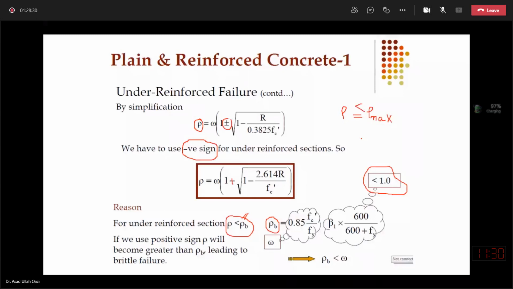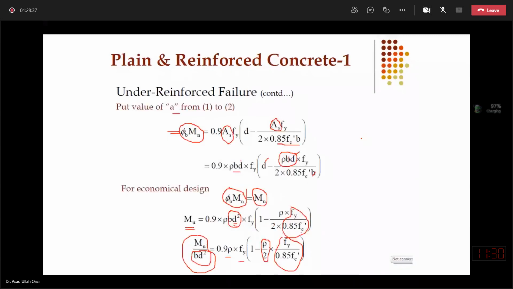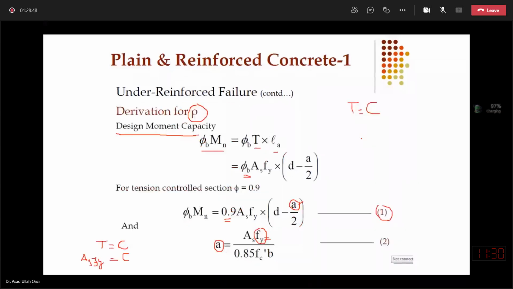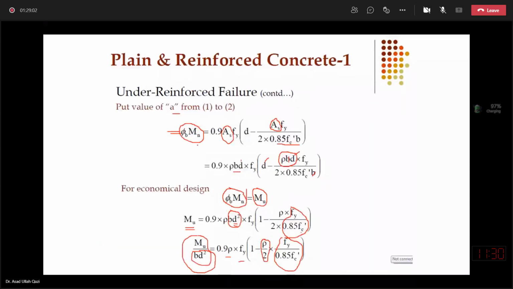So this is an important derivation, and don't forget that we started from the interpolation. We substituted each and everything according to tension controlled under reinforced failure, A of our choice, phi of our choice, and we then compared the moment resistance with the demand,